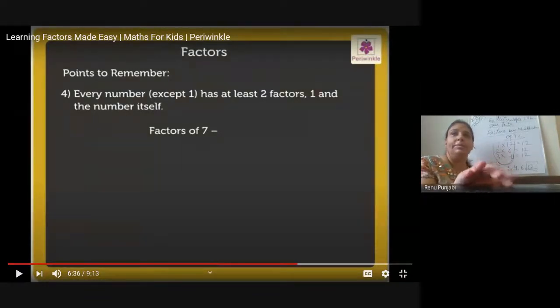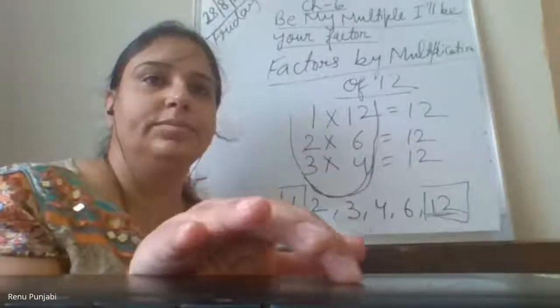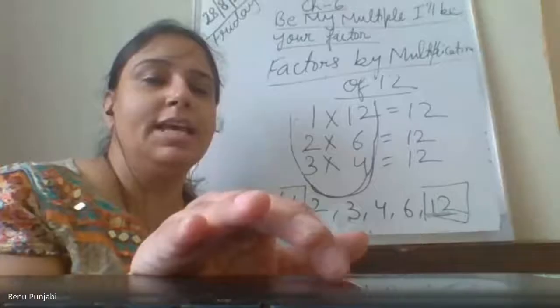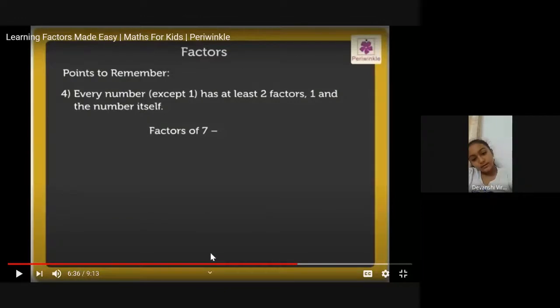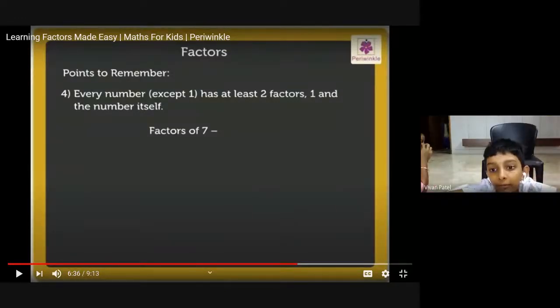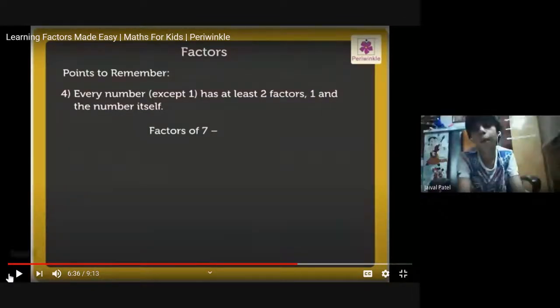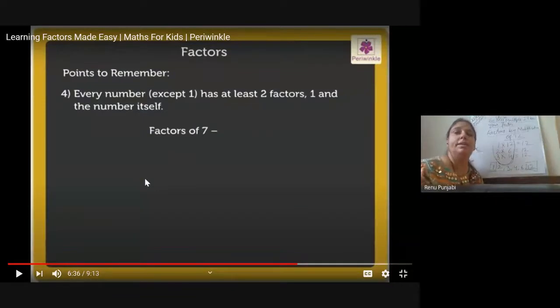Children, just guide me whether my video will be visible. Wait, I will present it again. Ma'am, it's visible. It has gone, your presentation. Ma'am, what is given in the video, do we have to write all of it? Yes, you have to write all the pointers. Ma'am, it is visible. Devanshi, whatever queries you have, please ask me later on.